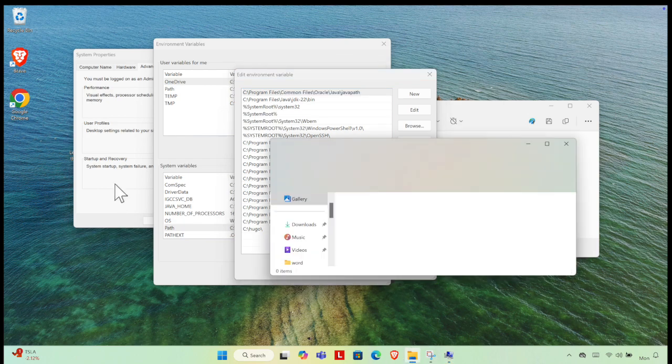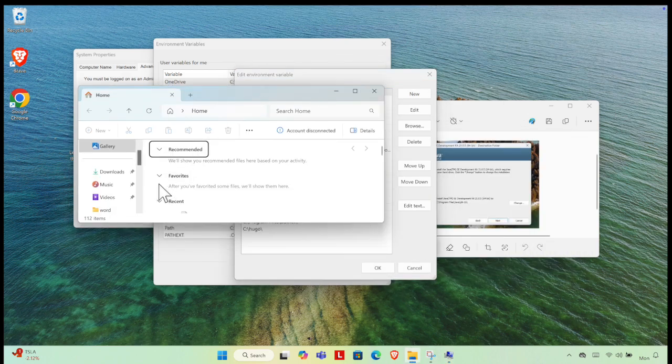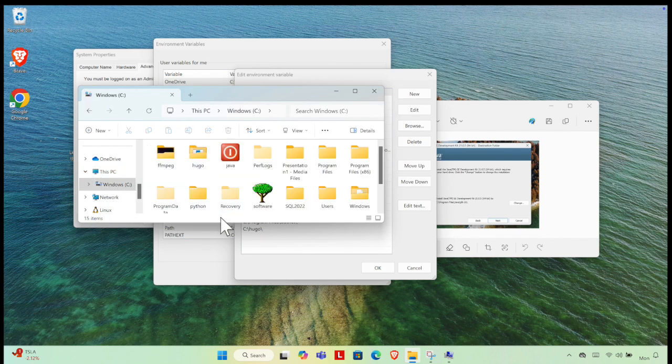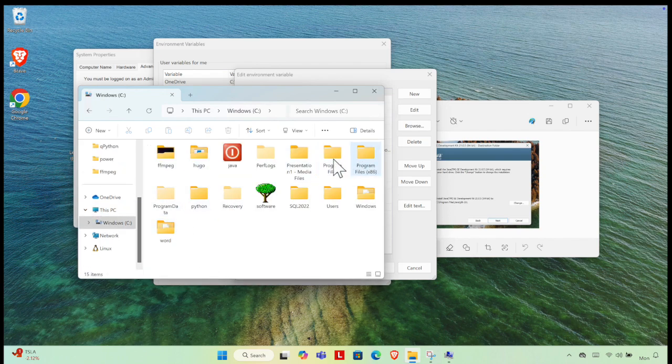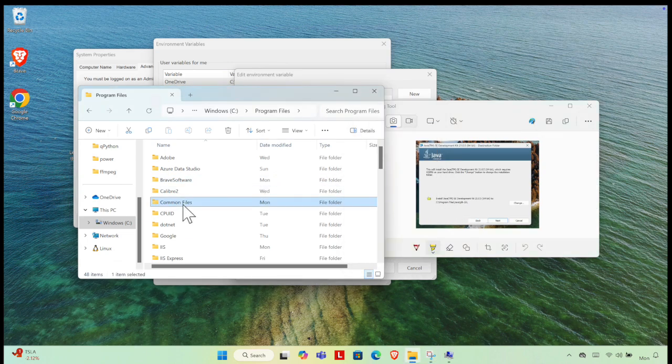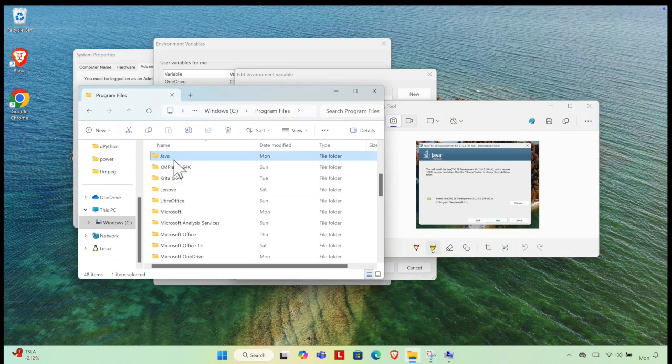I'm going to open Windows Explorer, and then open This PC and the C drive. Then we have to go to this path. Where is Program Files? This path is coming from here, right? From here, and then we have to choose Java. So this is Java. Double click,